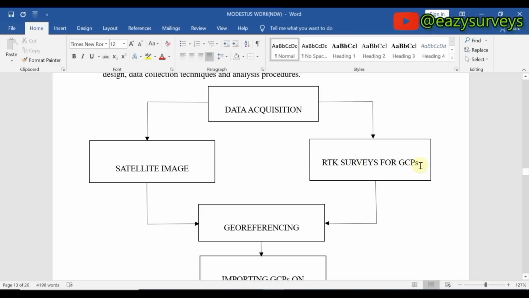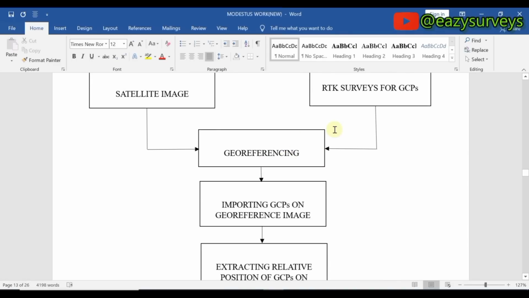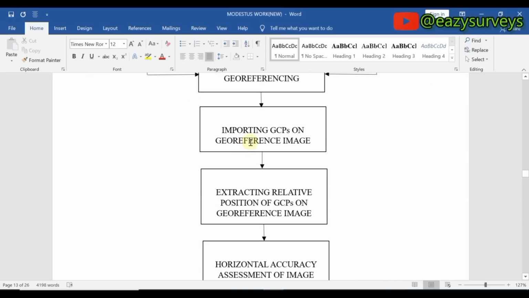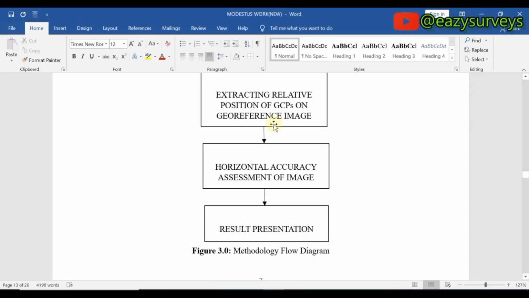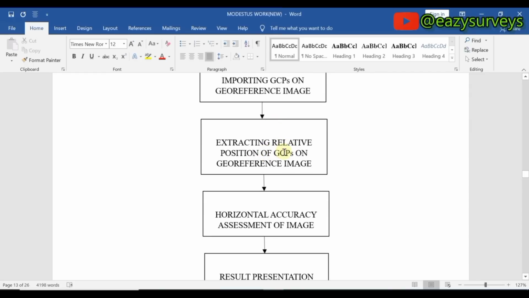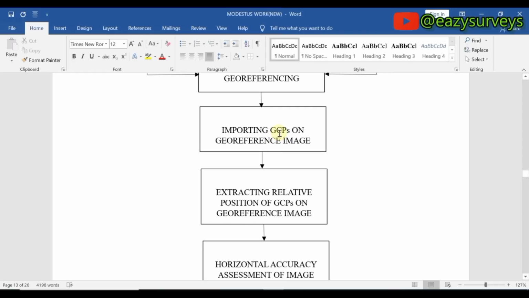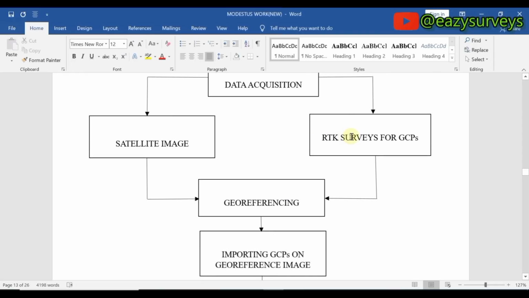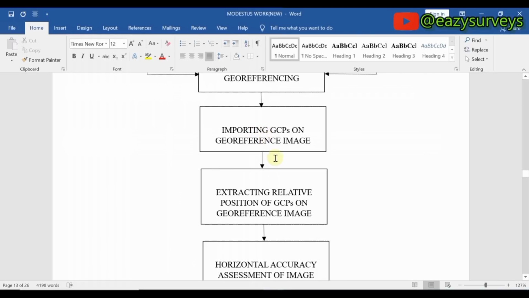Then I obtain ground control points (GCPs) with the RTK surveys. Then I use the GCPs to georeference the satellite image. Then I import the GCPs on the georeferenced image. Then I extract the relative positions of the same features. So the GCP is a feature that is obtained with the ground method, and then I import it into the